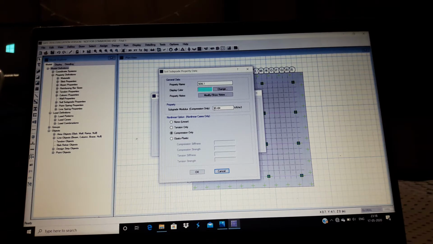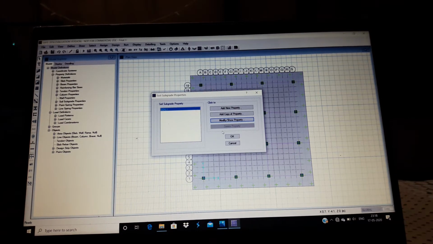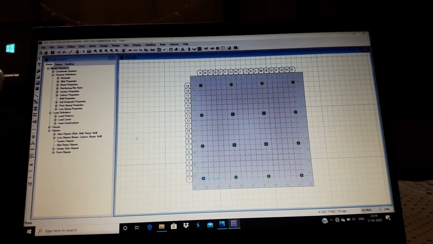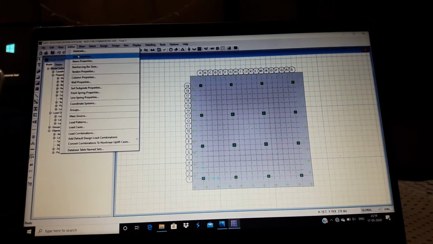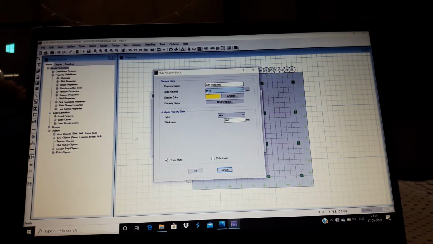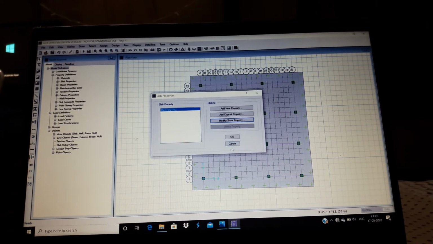So we need to write it like this and then click on OK. Again OK. Define slab properties too, as I have forgotten to tell you. Mat footing, modify it. M40, type should be mat, and then thickness, firstly take it as 500 mm and then click on OK.